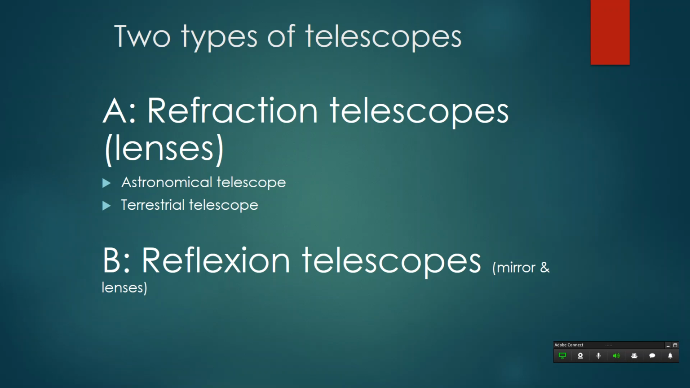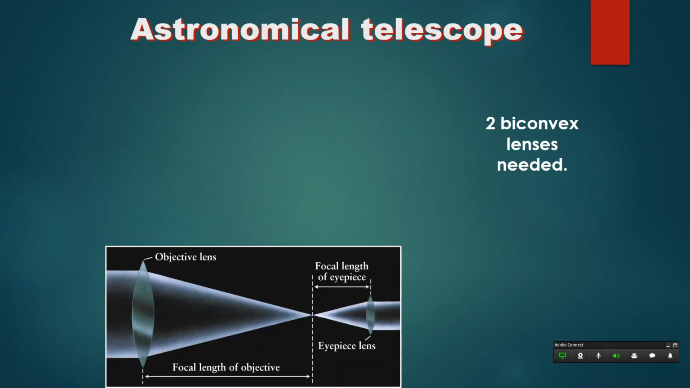So these refractive telescopes, the ones that use lenses, are actually called astronomical telescopes. And the idea is that you have a two-lens system, right? What you want to make sure is that the focal length of this one here is at exactly the focal length of this one here. All right, so